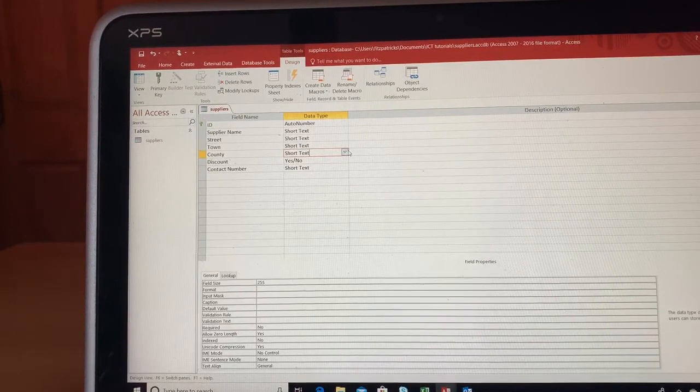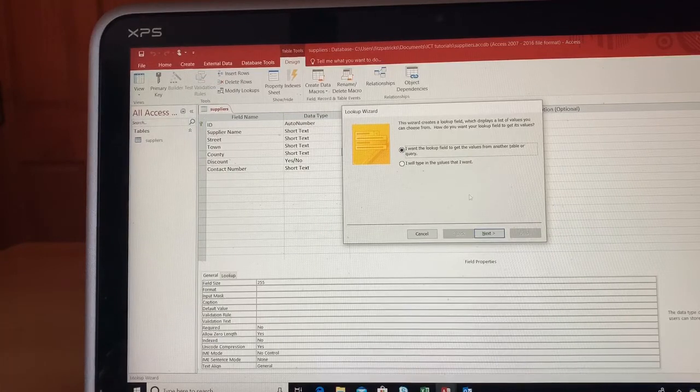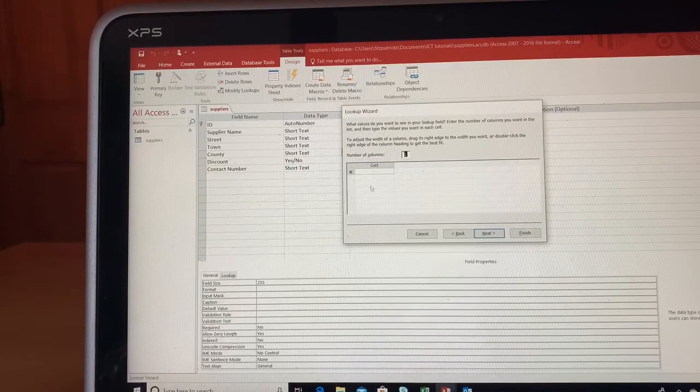So I'm going to go, instead of short text, I'm going to look up wizard. I get a wee dialog box in the centre of the screen, and I will type in the values, so I click at the wee dot. Next. Now in here I'm going to type in the different counties that I want to be able to pick from. So I've Antrim, Down,